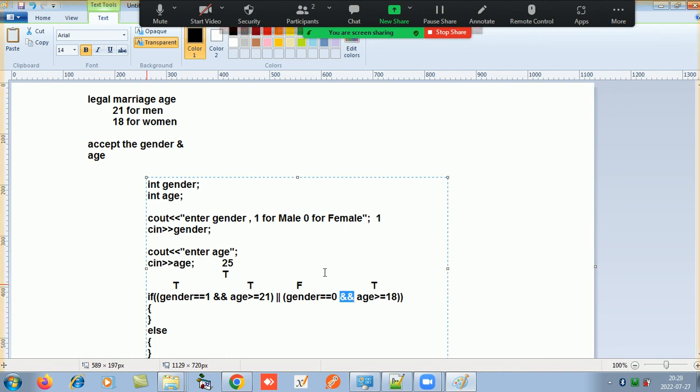False and true will give you what? You give me F and then you give me T, and then it will be false. So in your bike, the front tire is not having air, the back tire is having air. Will your bike move? No, it will not. So false and true is what? False. Now true or false, what is it? True or false will give you